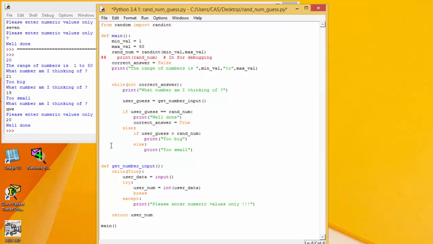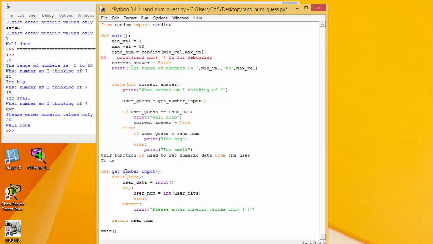What are the other things that are clearly missing? Well, we haven't commented this program particularly well, have we? So another important thing as you're going through is to comment the program, and we generally expect to see things like this. This function is used to get numeric data from the user. It tests if it is an int